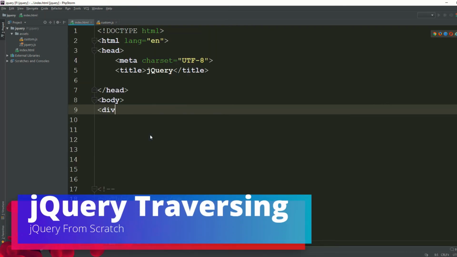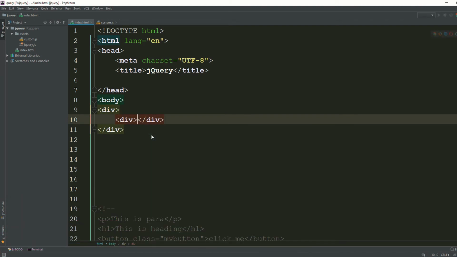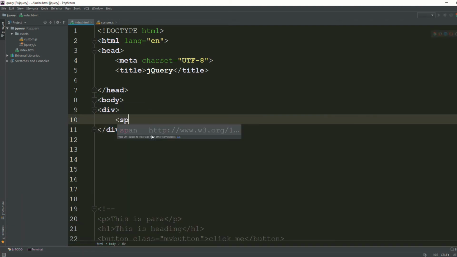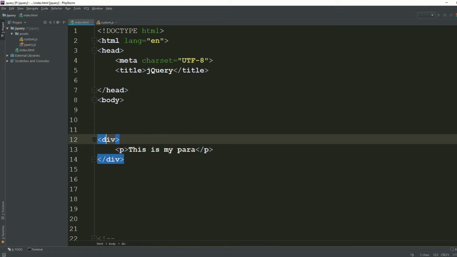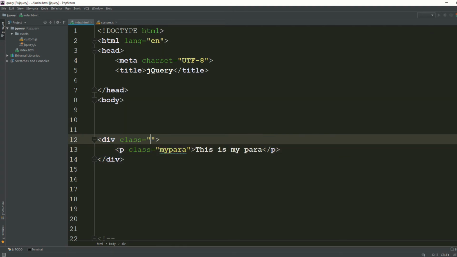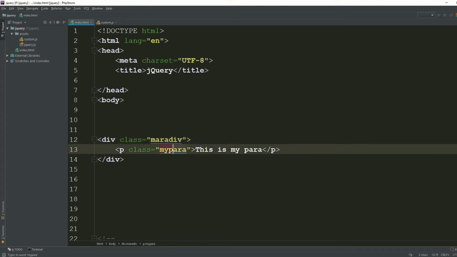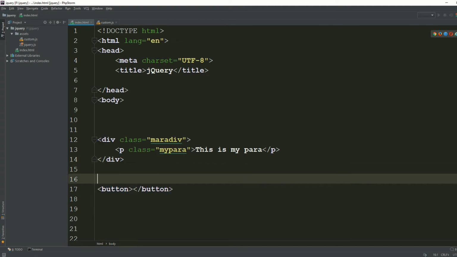So now I'm saying I have a div. Make sure this is a div because this is the parent, and inside the div I have a span. For suppose I have a span, or for suppose I have a paragraph. Okay, I'm saying this is my para. Now as you can see, this is the div and this is the para. You can also add the class. I'm saying my para. You can add the class my div. It's totally dependent upon you. I'm saying I have a button also. Whenever someone clicks on this button,